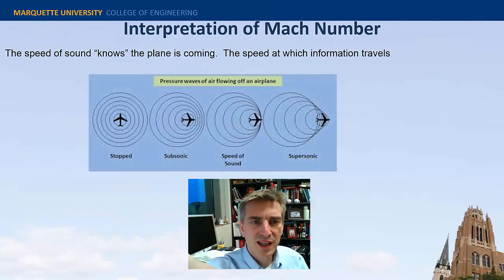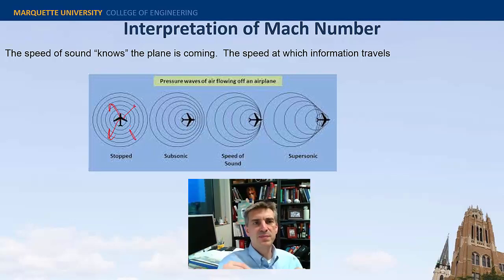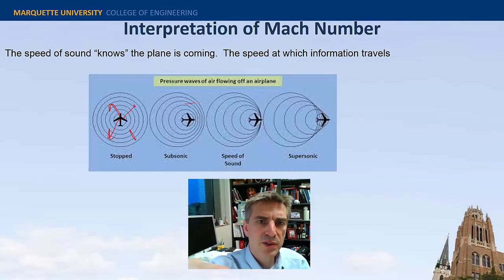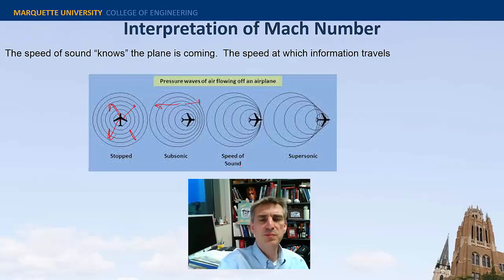So here's an airplane, and you can think of sound emitting from the airplane in all directions. And if the airplane is stopped, sitting on the tarmac, then we're getting information going in all directions. And as it moves faster, right, it's definitely going to Doppler shift this air a little bit. And as we approach the sound speed, really the nose of the airplane is reaching the threshold of how fast information is getting out of the way, or is being propagated forward.